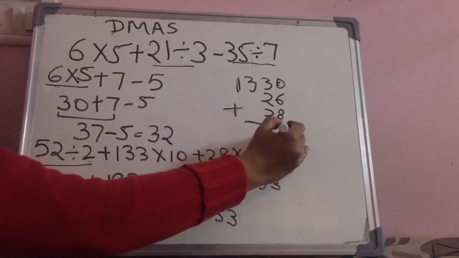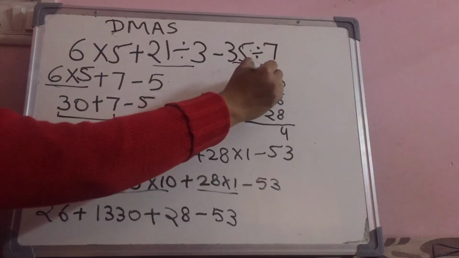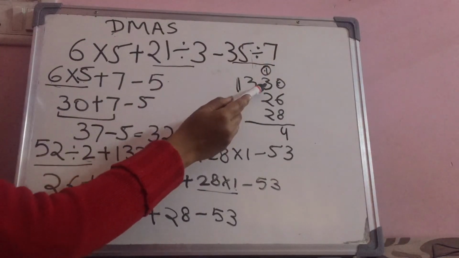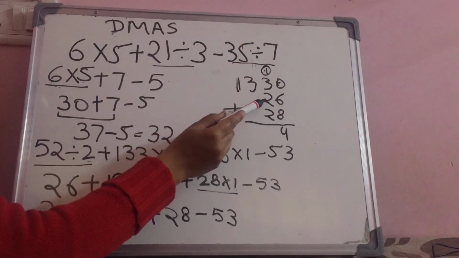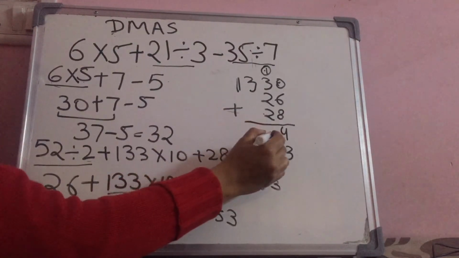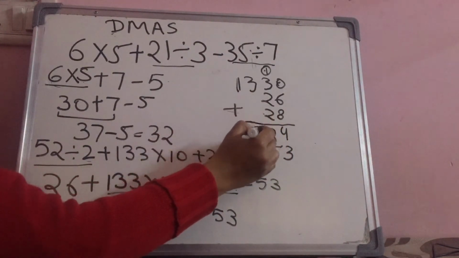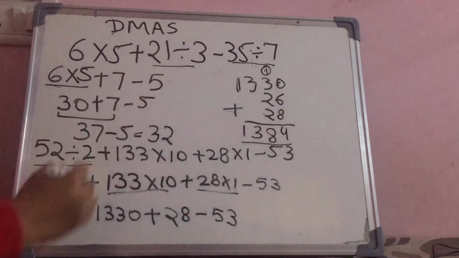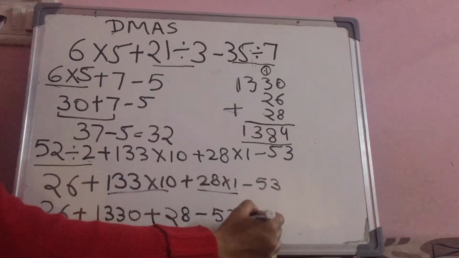6 plus 8 will be 14. 4, 1 carry. 3 plus 1 is 4. 4 plus 2 is 6. 6 plus 2 is 8. We'll write 3 and 1 as it is. So it will be